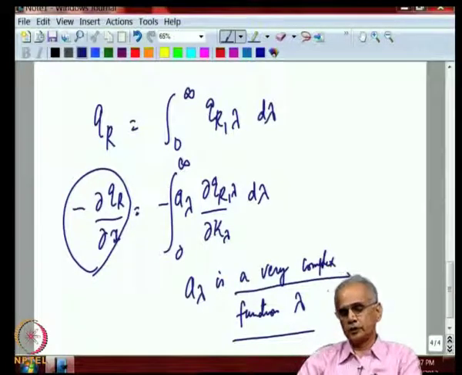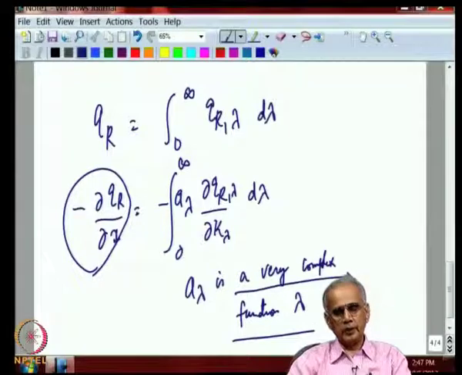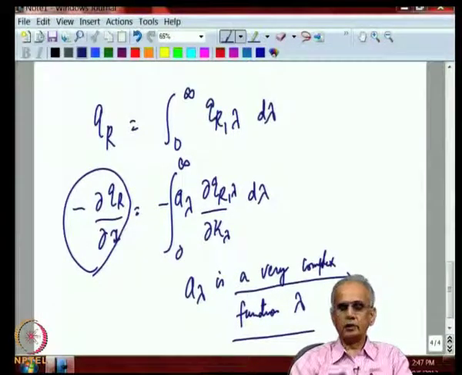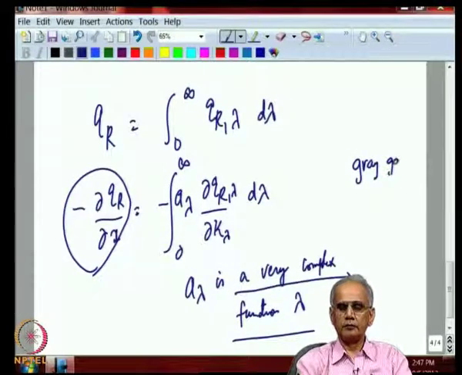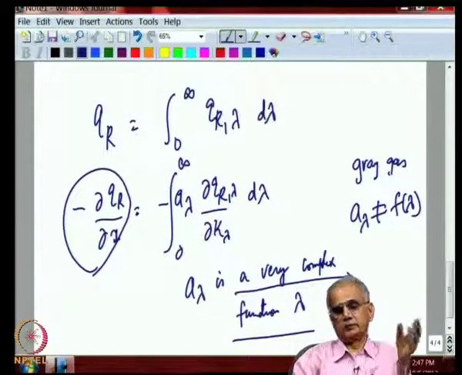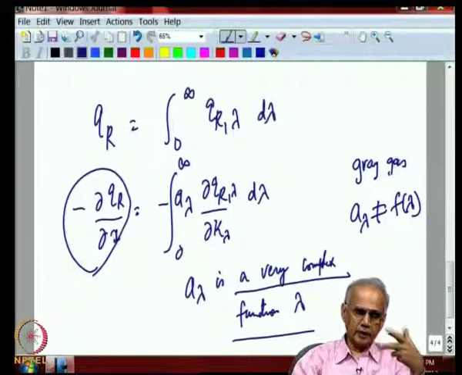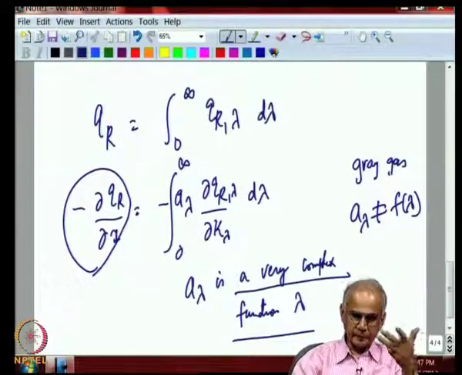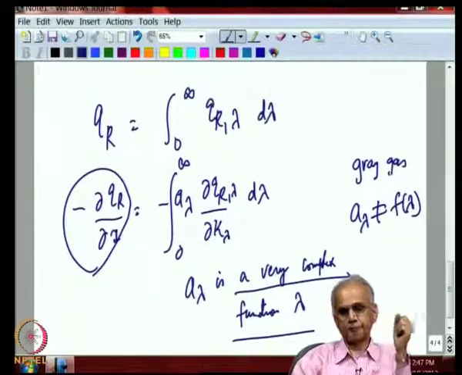This problem was first looked at by astronomers. In astronomy, absorption coefficient is not a strong function of lambda. So, in astronomy, they were willing to adopt a gray gas model, that is assuming A lambda is not a function of lambda. This does remove one complication, that is the integration over wavelength, but we still have to deal with angular integration and spatial integration.